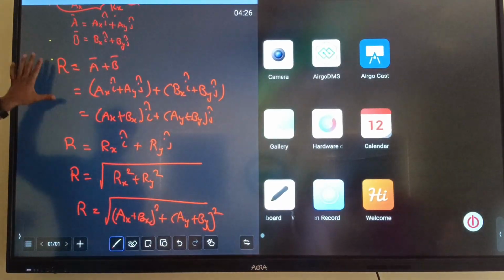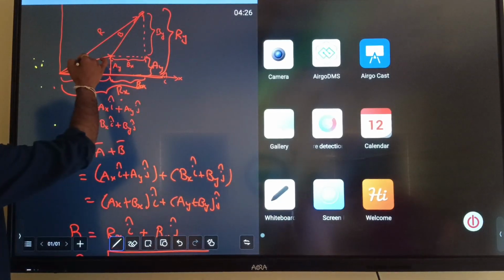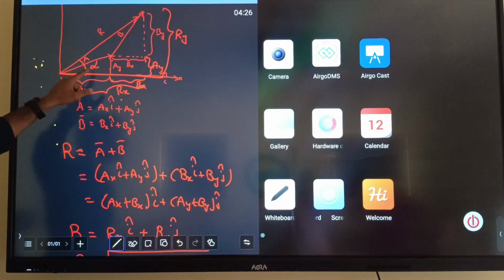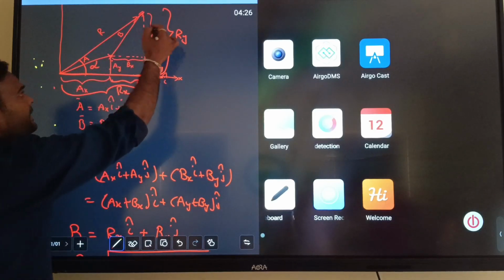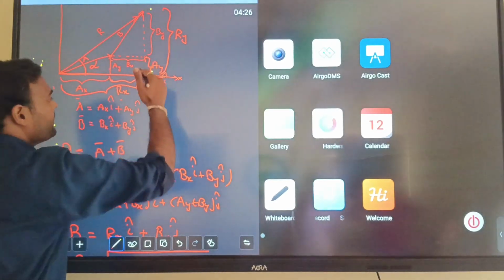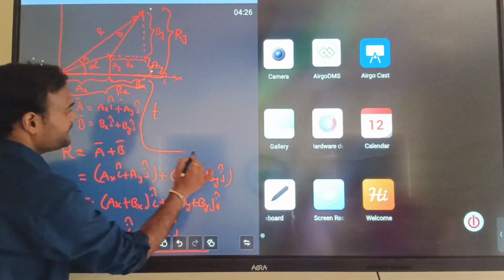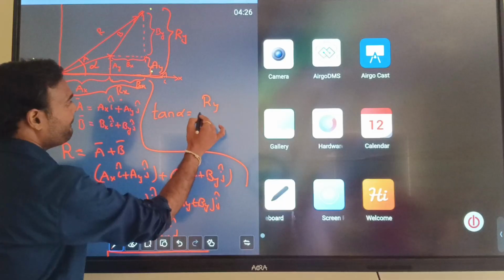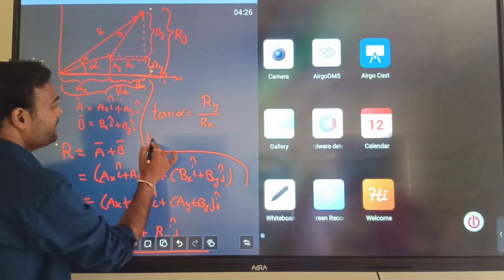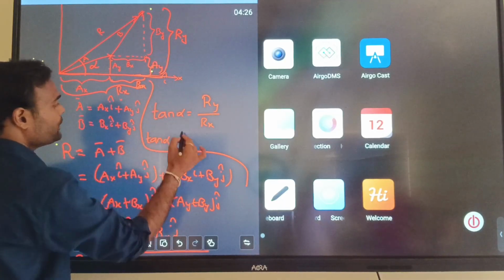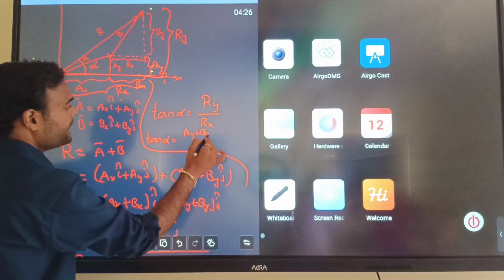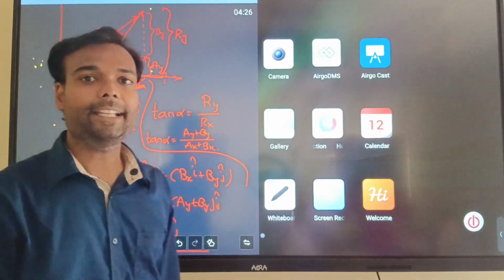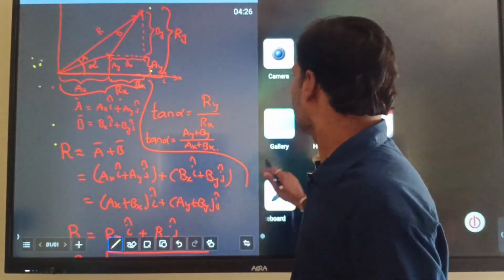Now the next point: see here, suppose this resultant is making an angle alpha. Let us assume this resultant is making an angle alpha. Then tan alpha is equal to opposite by adjacent. So we can write directly tan alpha is equal to ry by rx. That means tan alpha is equal to (ay plus by) by (ax plus bx). This is how we are adding two vectors. Clear? Then next one is,